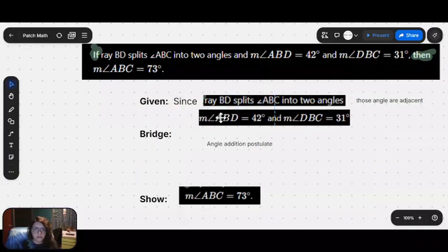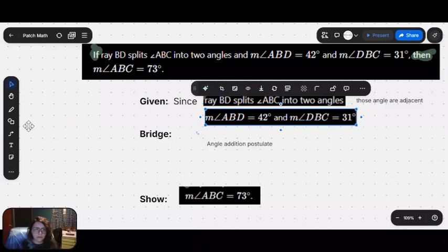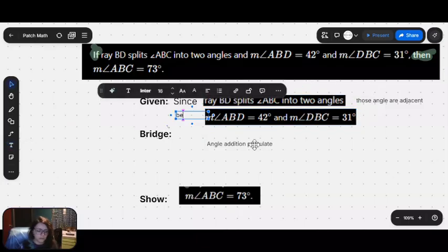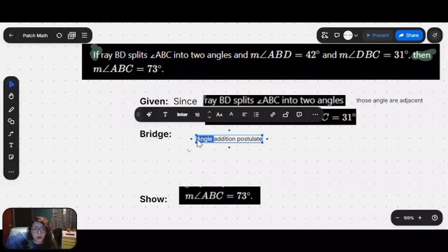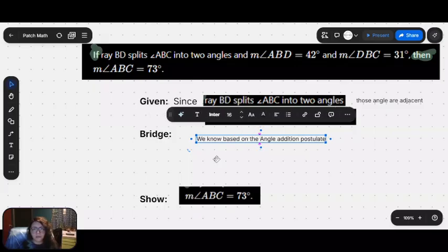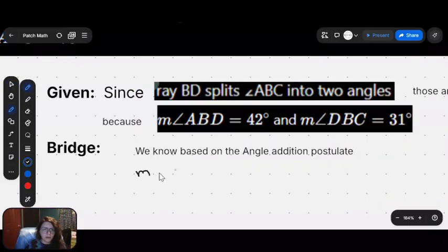Because the measure of one of our internal angles is 42 degrees, and the measure of our other internal angle is 31 degrees, we know, based on the angle addition postulate, that the measure of angle ABD